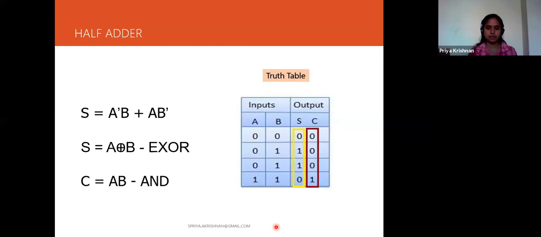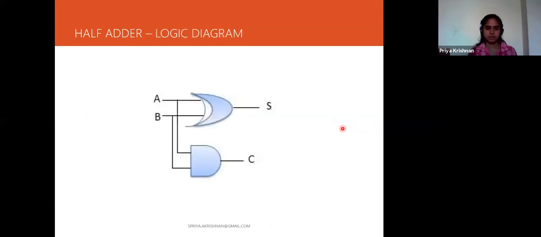Yes, got it? See, look here. I have chosen 2 gates, XOR gate and then AND gate.